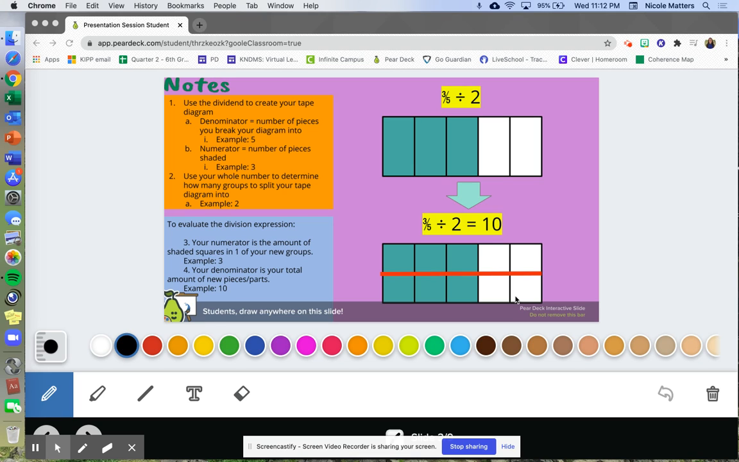Happy Thursday, mathematicians. Let's go ahead and complete a skill lesson building off of what we learned yesterday with dividing fractions by whole numbers. We talked about how to check our answers and evaluate the expressions using a tape diagram. And then we also learned the standard algorithm for fraction division for the first time. So we're going to take some time to review both of those skills, and then I'll send you off to